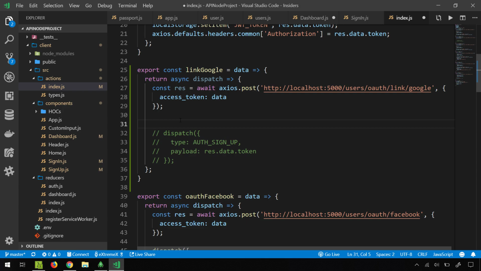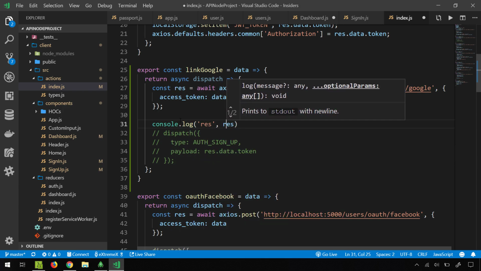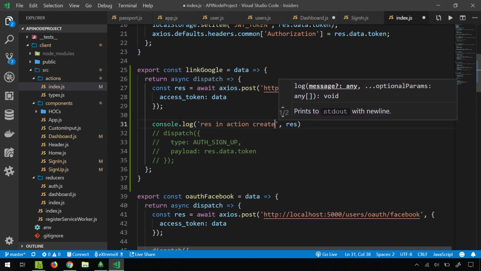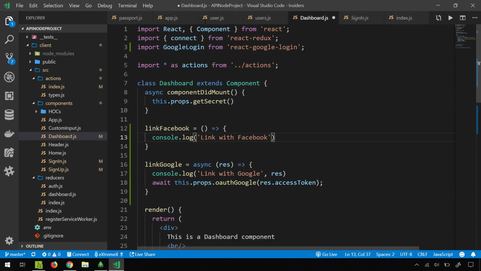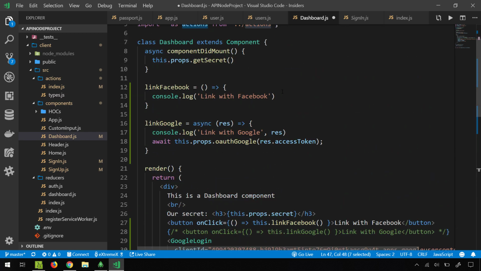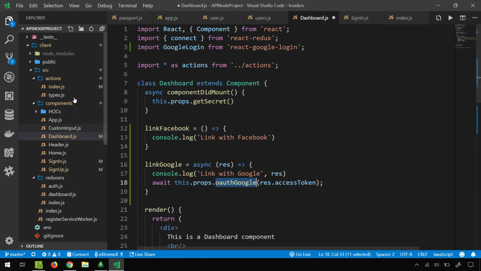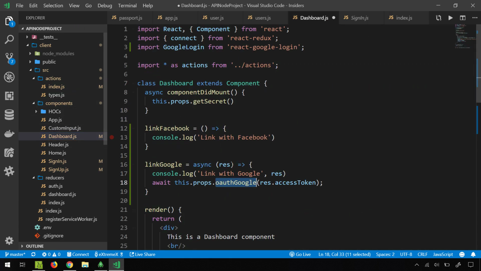We can maybe console.log the output of the response. I'm just going to say response in action creator, so that we're not confused with the response variable in our dashboard over here. And then let me actually connect it, so we are connecting the actions. So this should be actually good to go. I just need to match the names. So link Google,